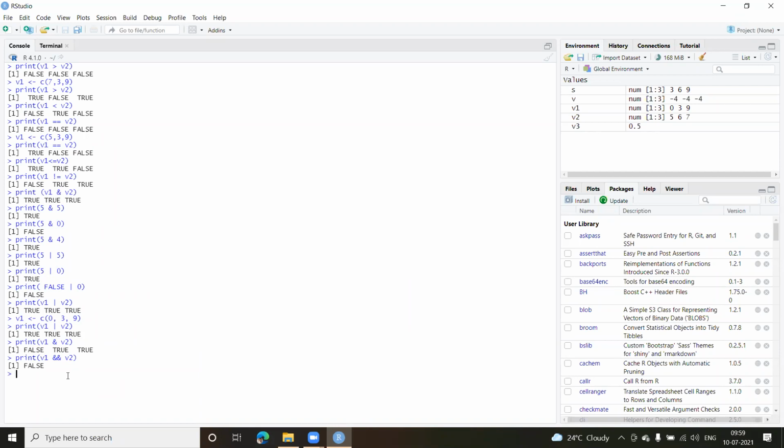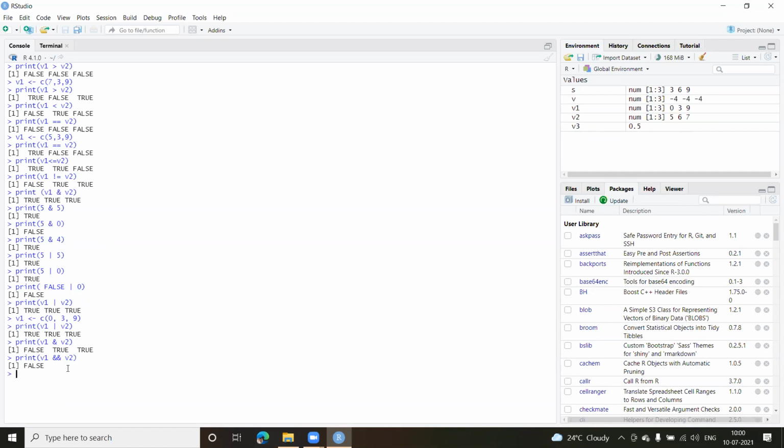As soon as it finds that the first element has a problem, it's not true. The first one, you can see, is this 0 here. Because this first part itself is false, it is not going to compare anything else. It's directly going to give me false. Had I got a non-zero number here, then it would have been true. So it compares V1 with V2, not element-wise, but as a whole.